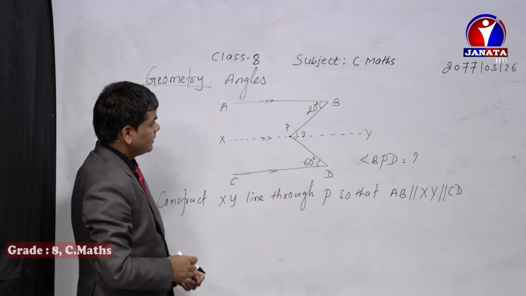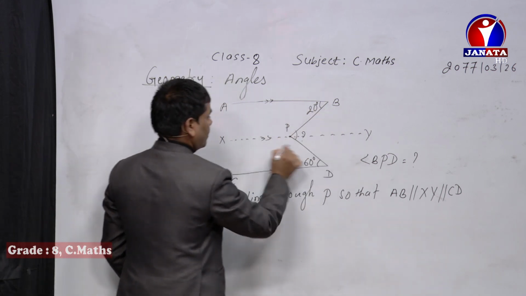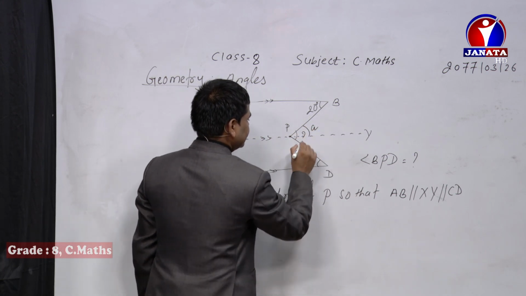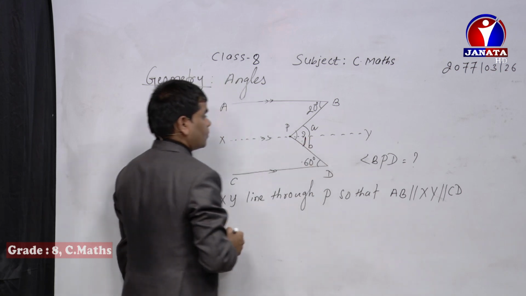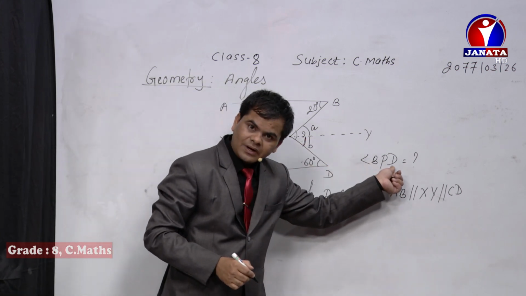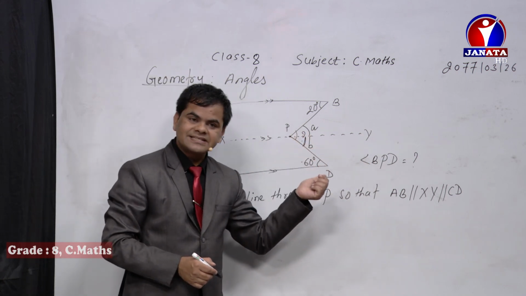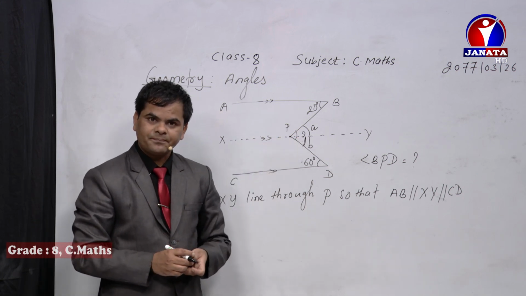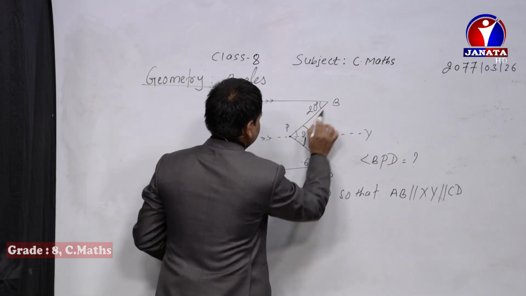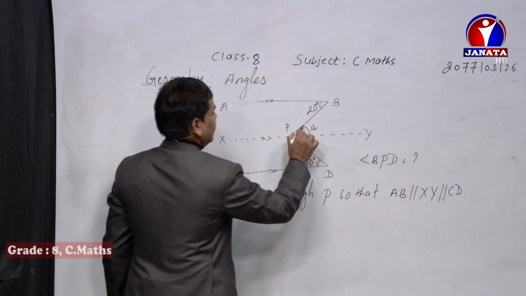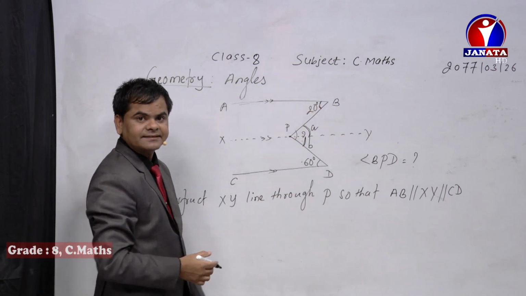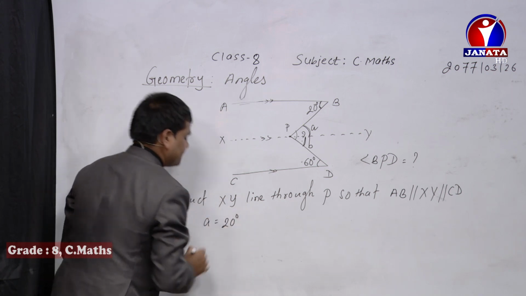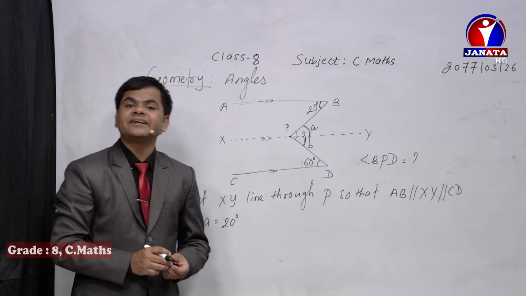At the time, dear student, look here. The same concept which you have learned already can be seen here. For example, this one angle is A. Okay, this one is B. The whole angle BPD is divided into two parts, A and B, by this XY parallel line through point P. Dear students, did you see? If you see just the half figure, then A is alternate to 20 degree. Isn't it? So what can you write? A equals 20 degree, being interior alternate angles.